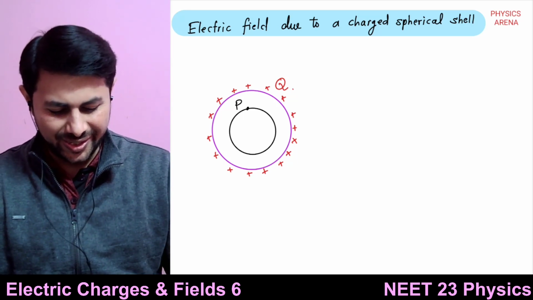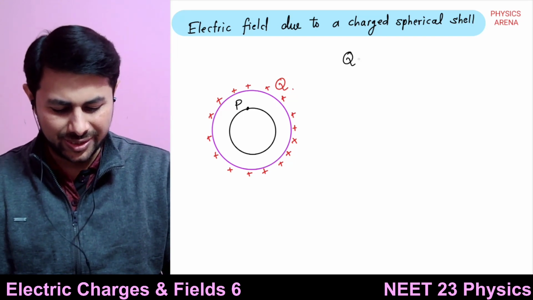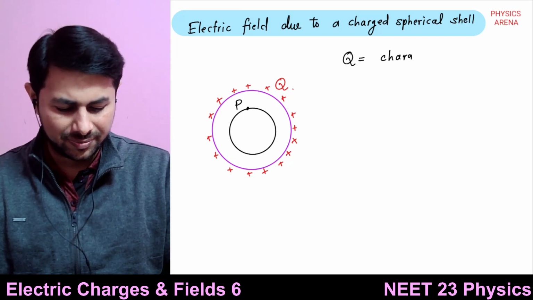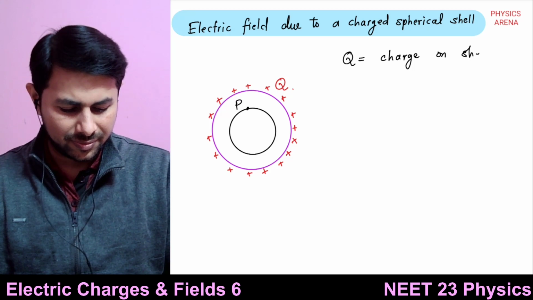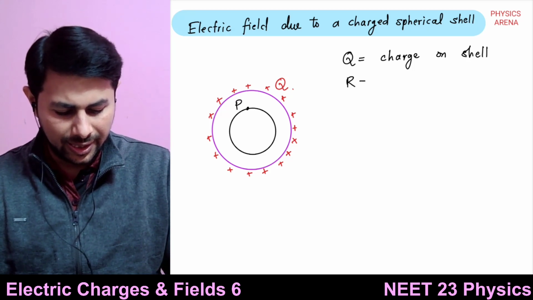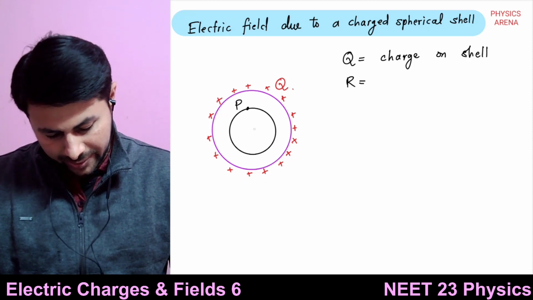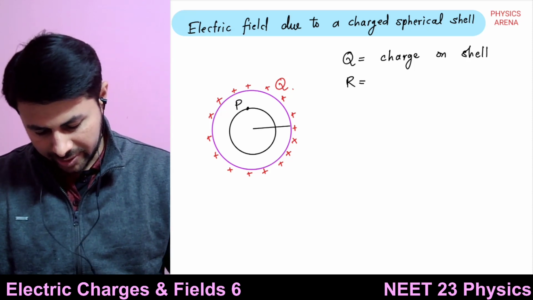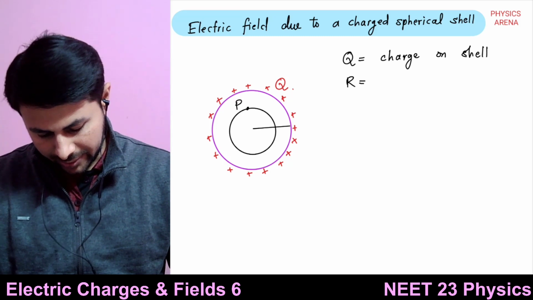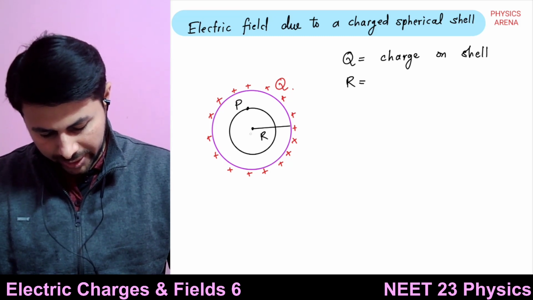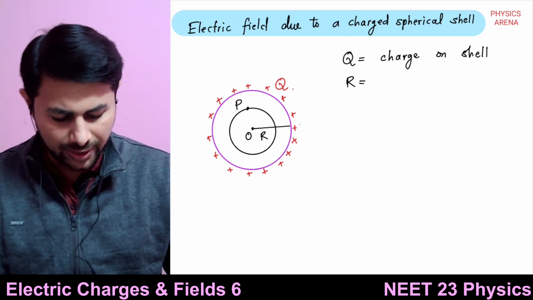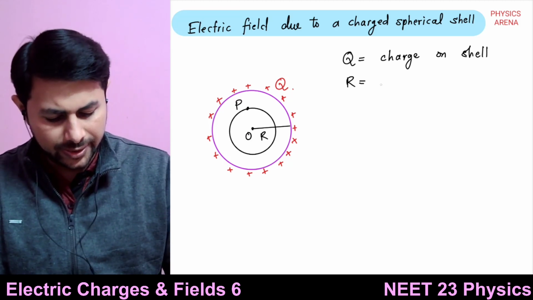All right. So see, suppose Q is charge on the shell and R is radius of the shell. So radius of the shell is this much. This is R. This point is O, center of the shell, right? So R is radius